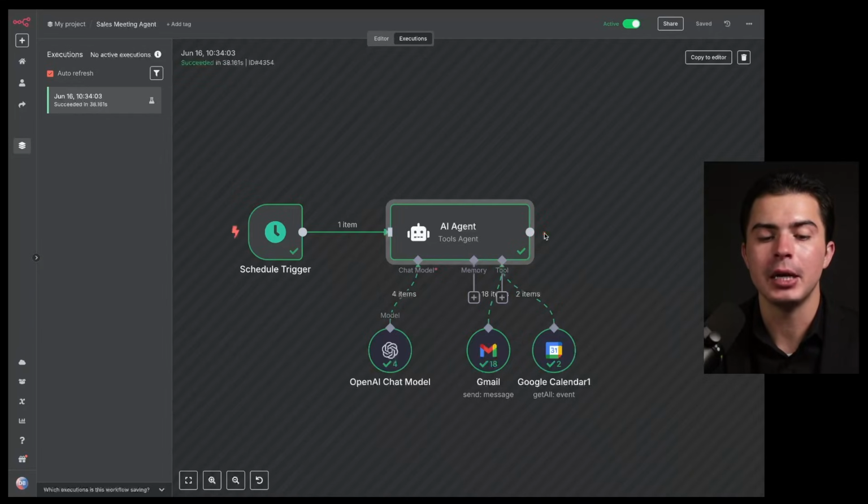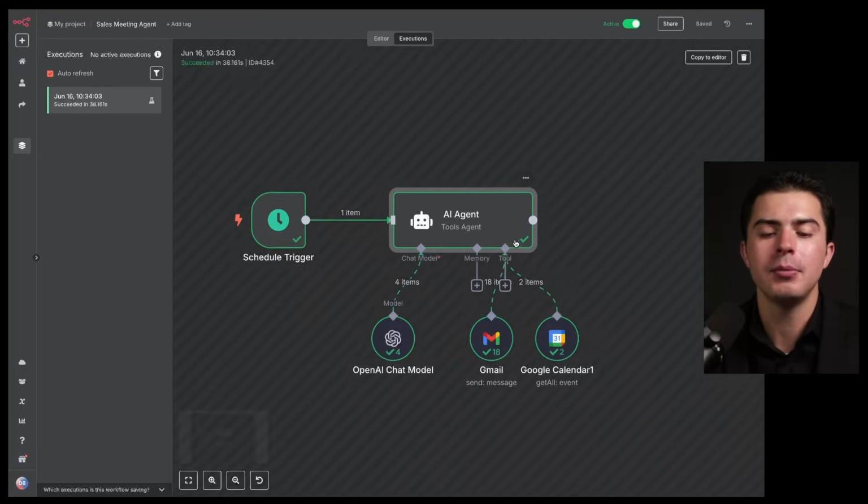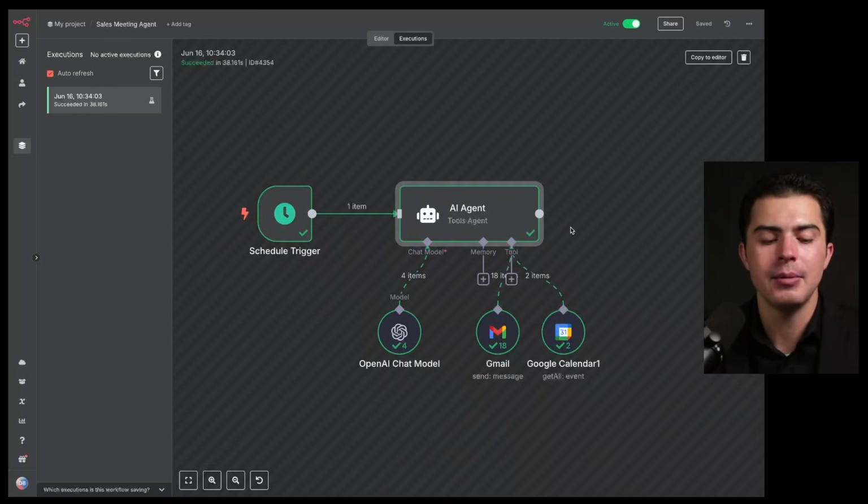I don't really need an update. So that's what happens every Monday, Tuesday, 9 a.m. An AI agent is trained to go through my calendar and send emails to everyone saying, hey, could you confirm your attendance? And I love this AI agent. It just gives me a really good understanding of who's showing up to the meetings, and it sends emails dynamically